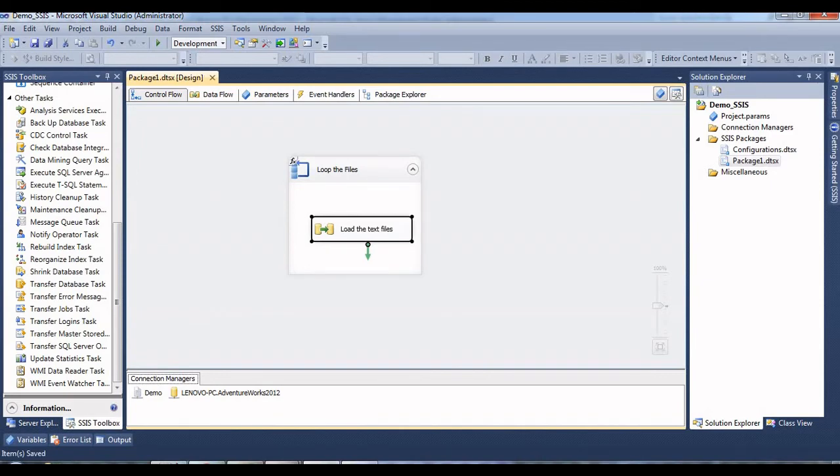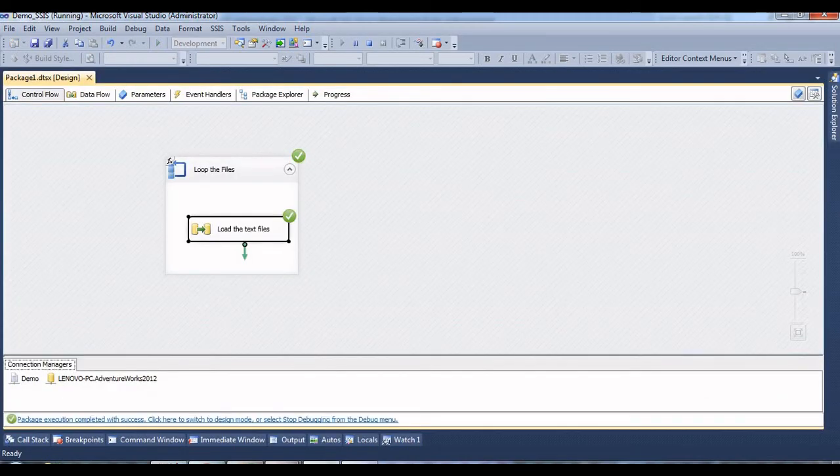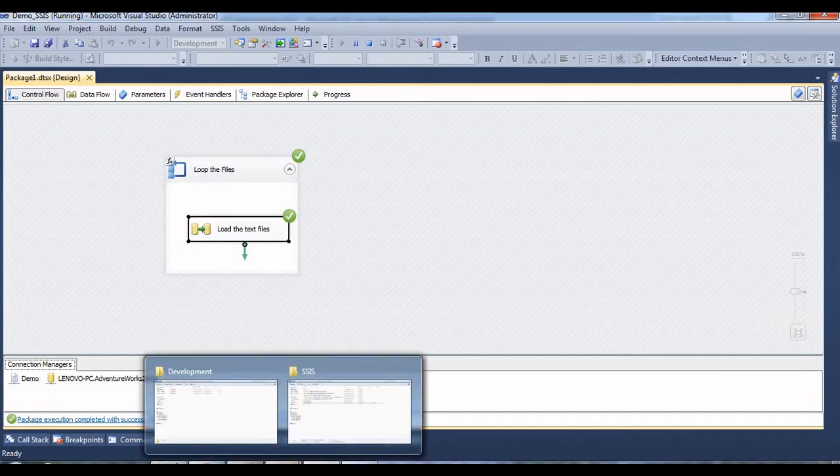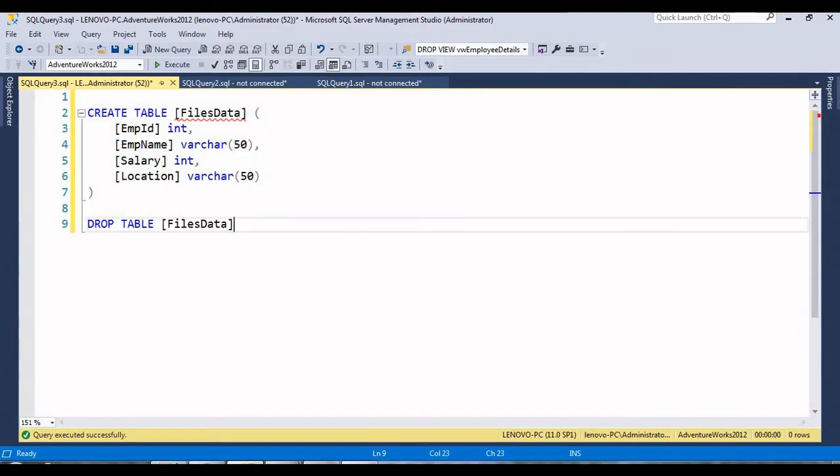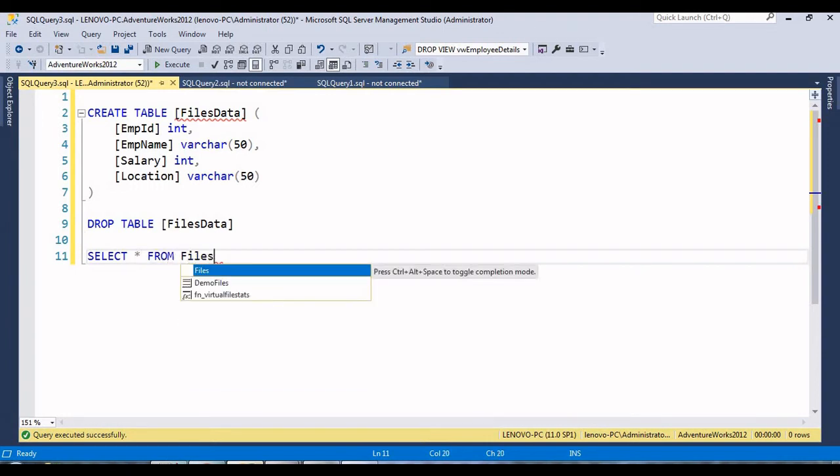For example, if I run this loop, what will happen? First we'll try to understand. Okay, right click, execute package. So now loop has been completed successfully. First we'll try to verify the data. Select star from files data,